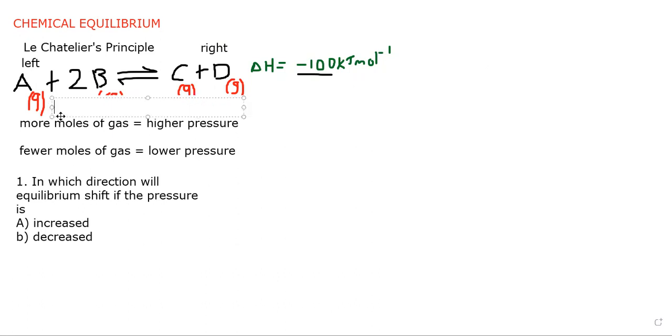So on the left-hand side, we only have 1 mole of gas. So clearly, the right-hand side has more moles of gas, all right? The side with more moles has a higher pressure. So which means that to increase the pressure, all right,